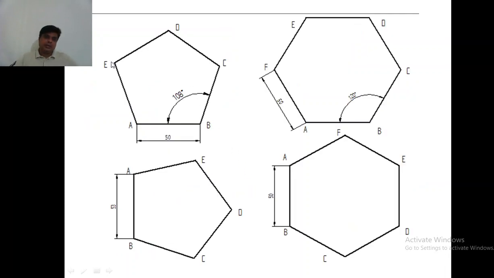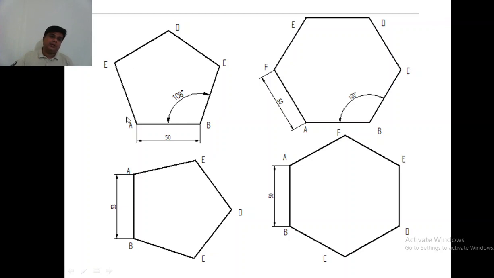Similarly, you can draw the pentagon. You can see the pentagon is thick and dark here. These five edges are thick and dark, and the dimension line you can see here. You have to leave a small gap here, but anyway, it's not shown here. But you can leave a small gap and draw the dimensions like this. And angles you can see, you can give the angle here.